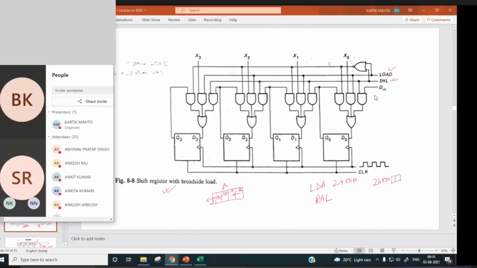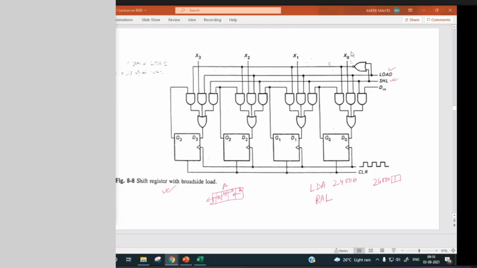You can load in parallel, X0, X1, X2, X3 you can load, or you can load the data serially through this D in. Through this D in, you can load data serially, and you can shift them with each clock pulse striking from Q0 to Q1, Q1 to Q2, Q2 to Q3, right?